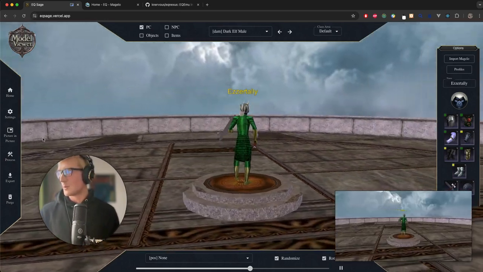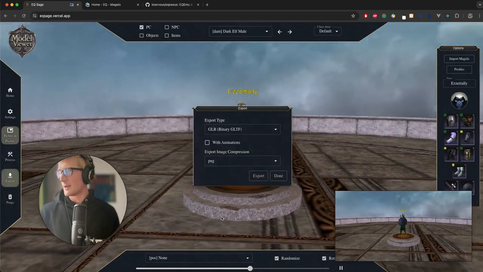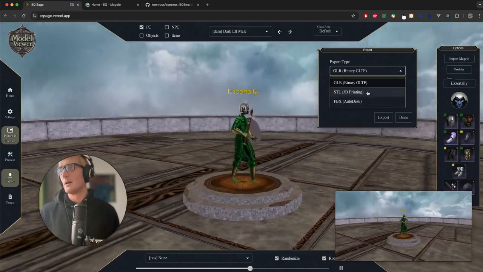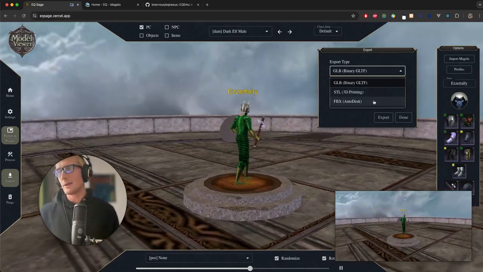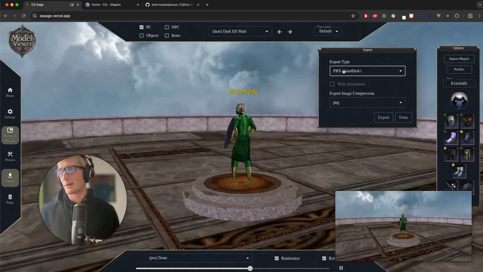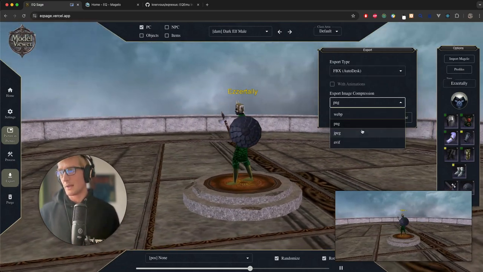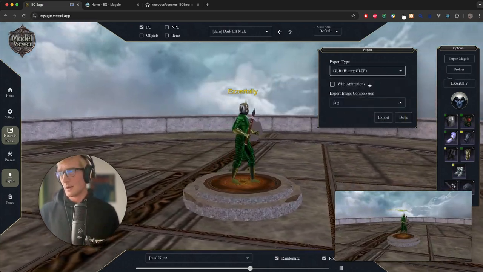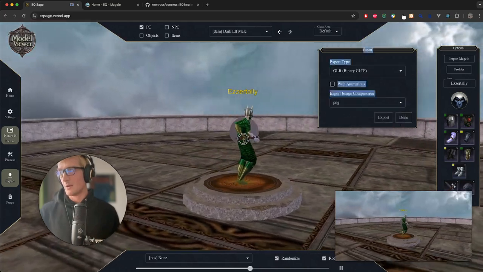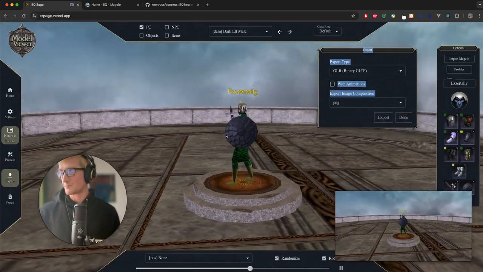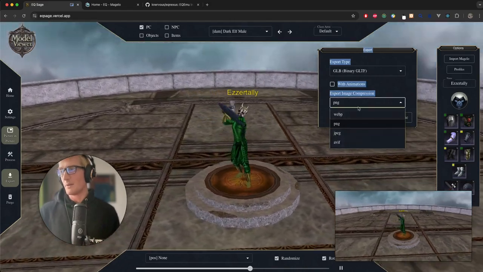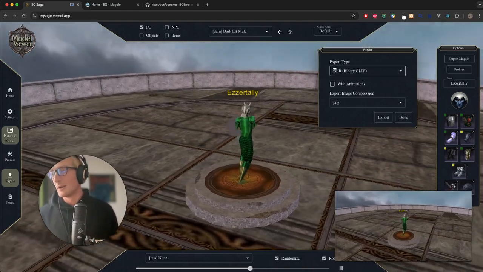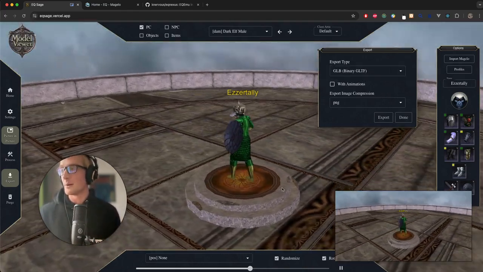So we have had export in the past, but one of the upgrades here as well is a couple different formats. Some people had reached out and wanted some different formats for Tailspire, and now we also support FBX exporting here as well. And we can also choose our level of image compression, which could make a big difference if we're exporting some models with some decent number of textures in there, where WebP might be the best way to do that. Usually PNG is just the default. They're honestly pretty big, so I don't know how big of a concern that is for anybody,